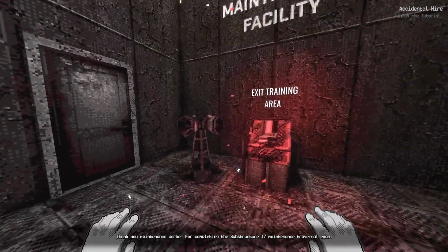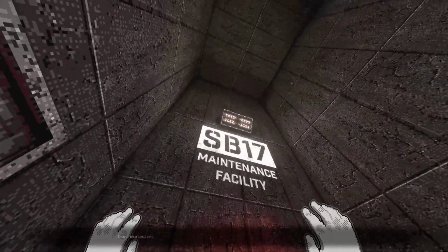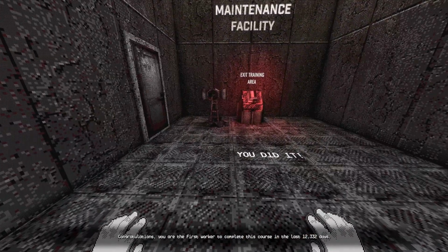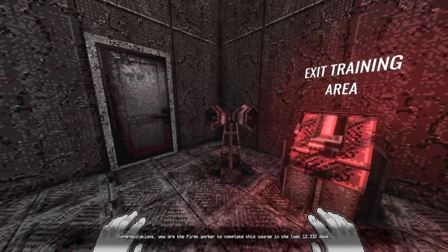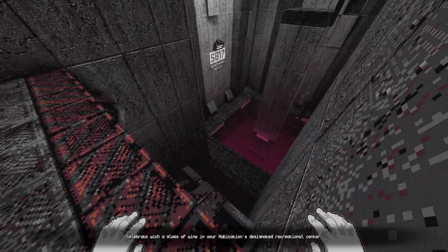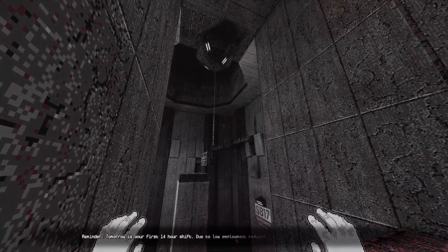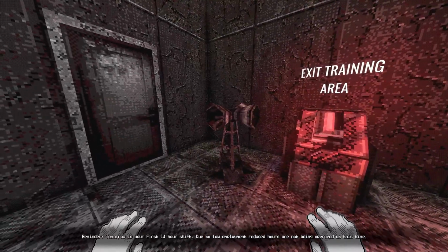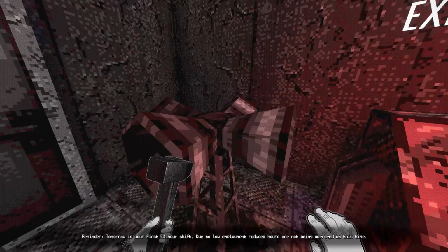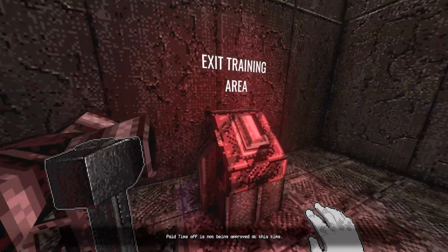Thank you, maintenance worker, for completing the Substructure 17 Maintenance Traversal Exam. Congratulations, you are the first worker to complete this course in the last 12,332 days. Celebrate with a glass of wine in your habitation's designated recreational center. Reminder, tomorrow is your first 14-hour shift. Due to low employment, reduced hours are not being approved at this time. Paid time off is not being approved at this time. Sick leave is not being approved at this time. Parental leave is not being approved at...